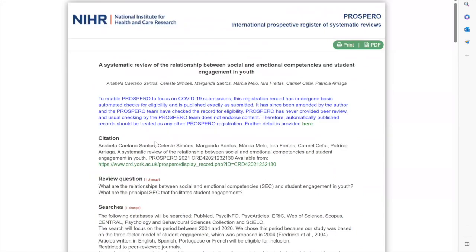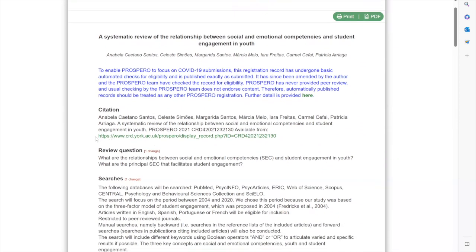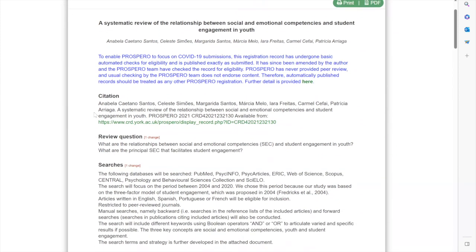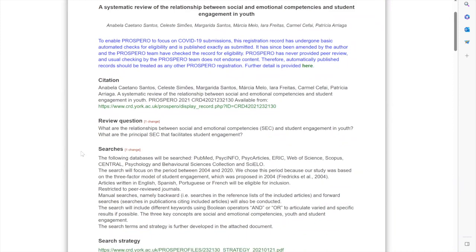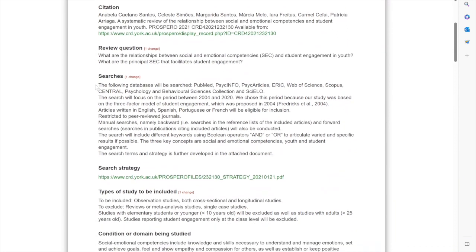Okay, so this was a systematic review that we have pre-registered in the past. And as you see, we have the title here, we have the authors, then they disclose already the citation, the review questions, and where and how we will do our searches.